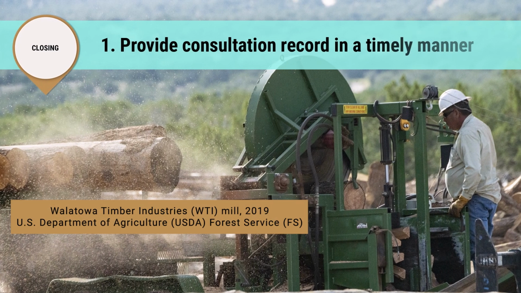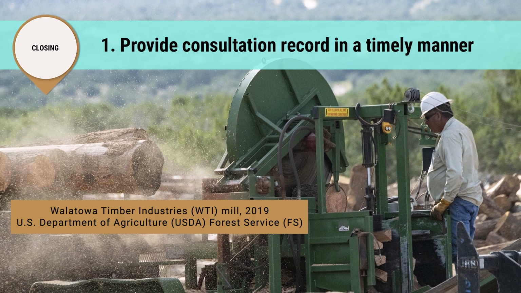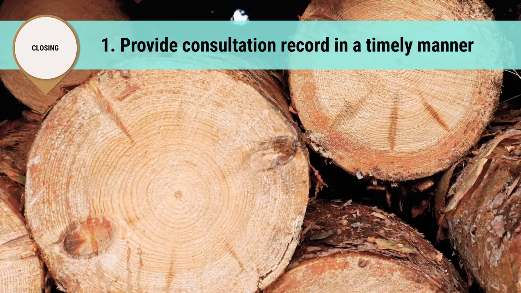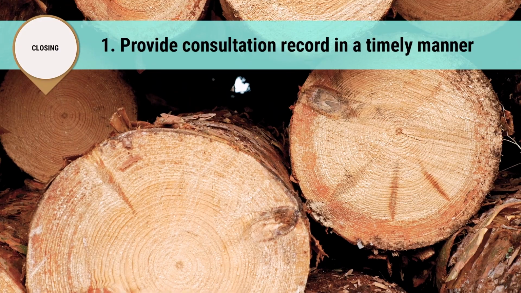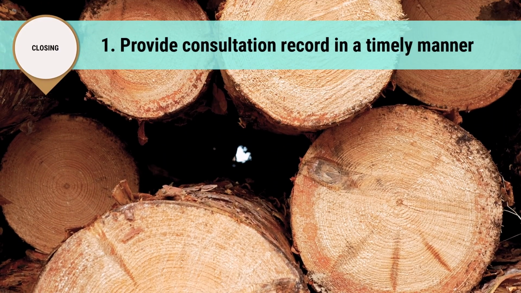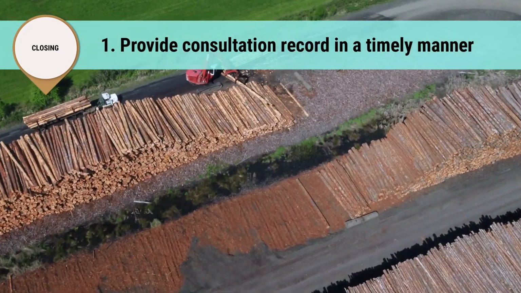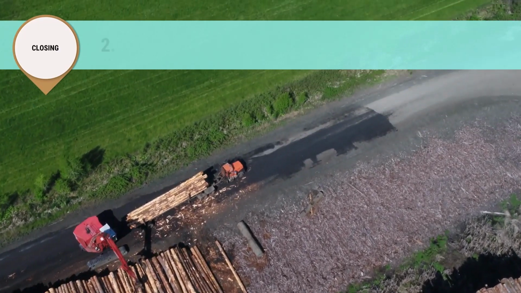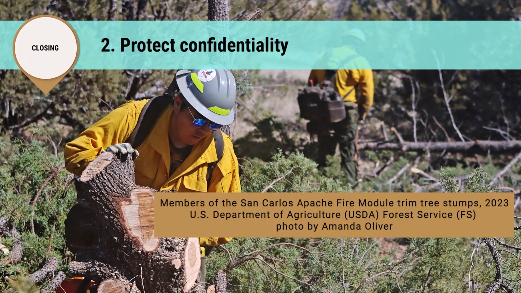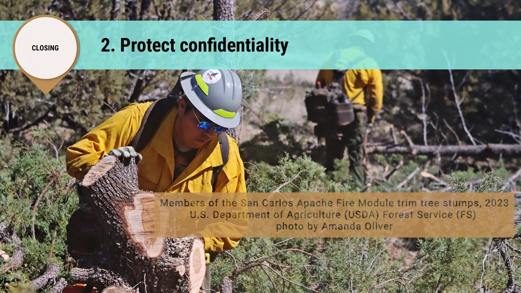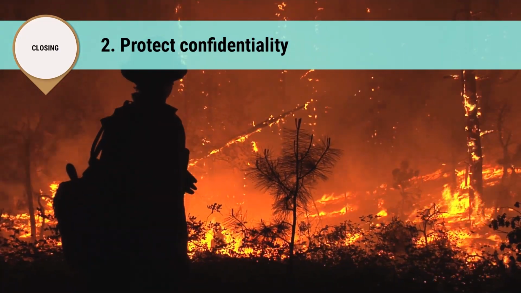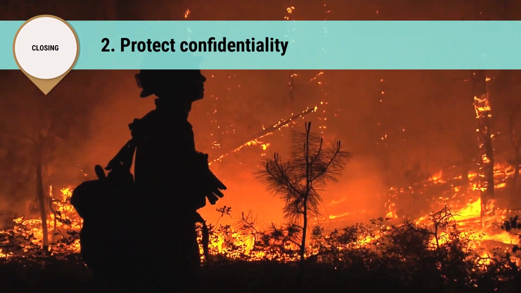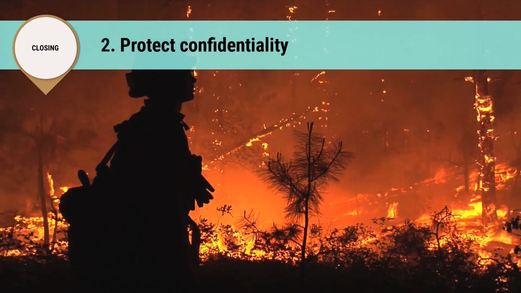Closing out. Upon completion of the tribal consultation and written comment period, an agency should timely provide to the affected tribe or tribes the record of the consultation and the decisions made as a result of the consultation. What information the agency should include in the record of consultation was discussed in Module 3. In producing the record of consultation, take measures to protect the confidentiality of any sensitive indigenous knowledge, consistent with tribal direction, and to the fullest extent permitted by the FOIA and other applicable law.